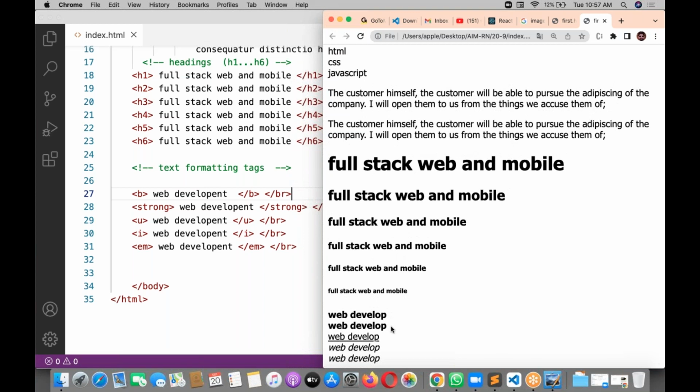You see and observe, bold and strong both look like the same output. But strong is thicker than bold. You can't observe it in web media, you can observe it in print media. Strong will take more thickness, and italic and emphasize both look the same. There is no change for italic and emphasize. And now come to the point.